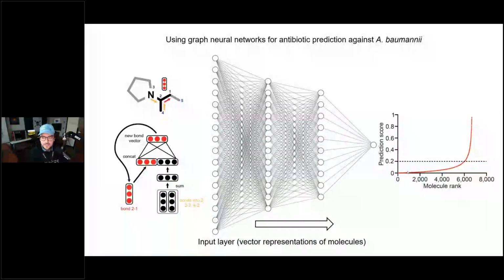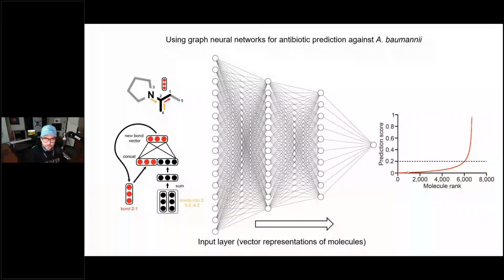And what do we see? We see a very small number of molecules have a high prediction score above 0.2, and the overwhelming majority have low prediction scores. And this fits with our mental model of the world. We know that most molecules are not antibacterial. A very few of them are, and that's what we see reflected in the distribution of property prediction scores from our model. So now what we can do is take all the molecules that have a high prediction score,